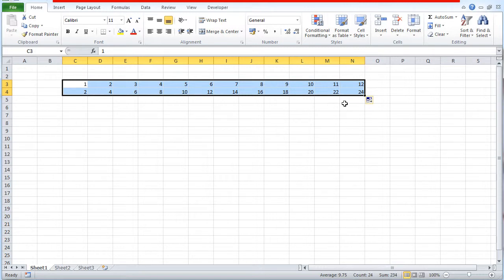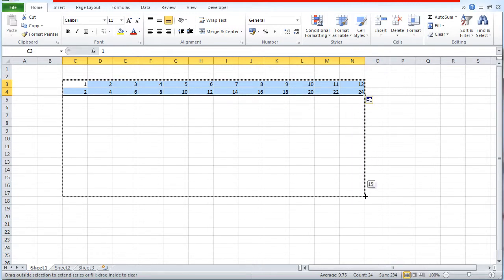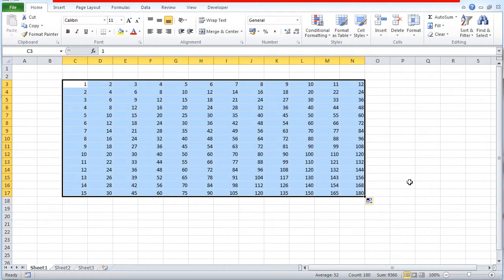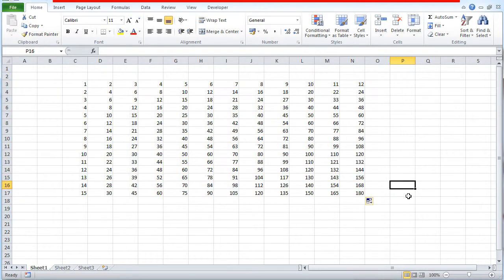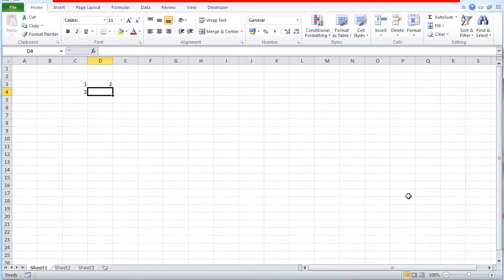So I've actually got my 12 times table here. If I drag the fill handle down, I've now created a times table square very easily. Not only can the fill handle copy numbers and patterns within numbers, but it can also do things like the